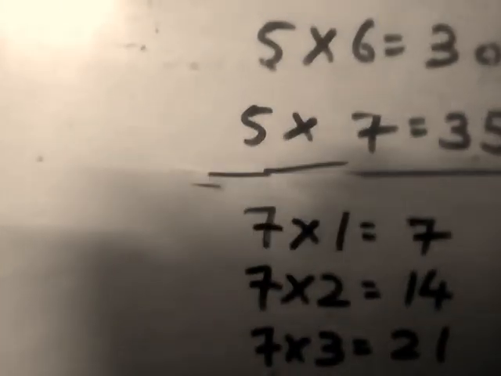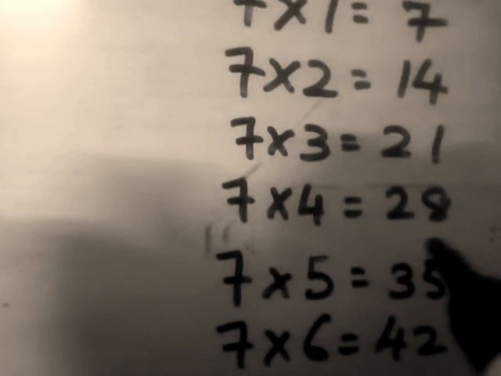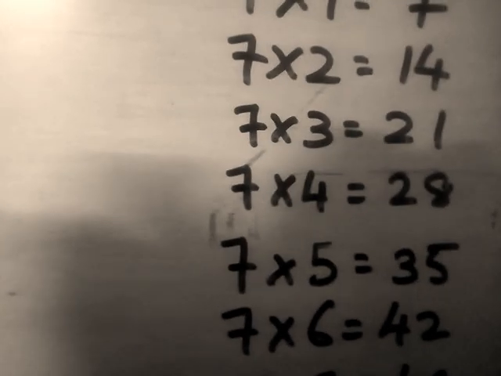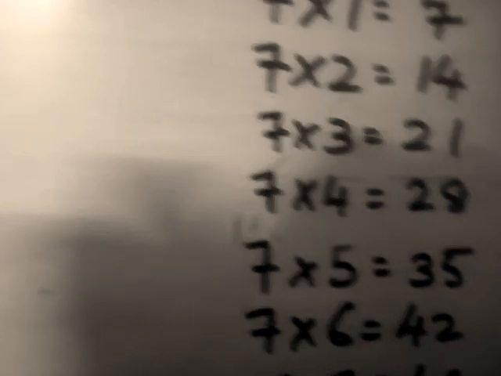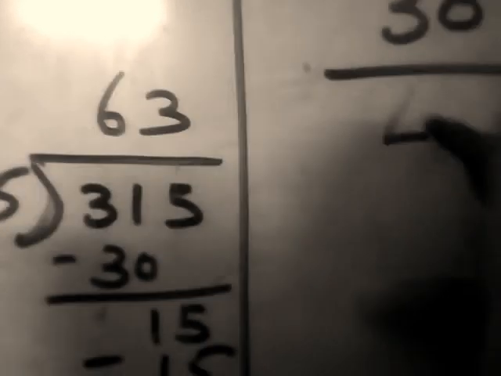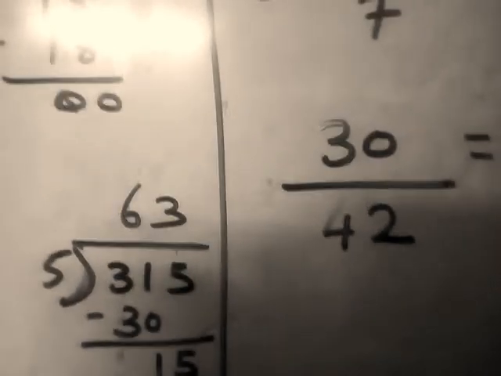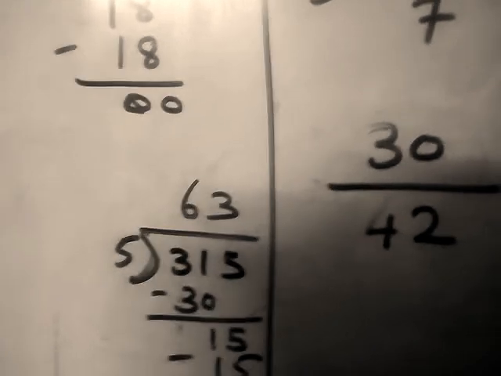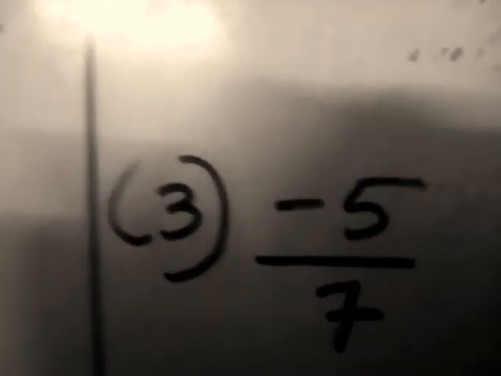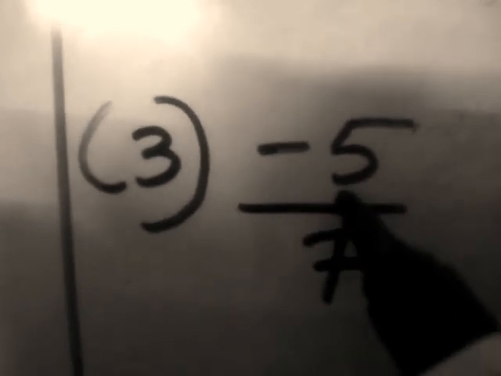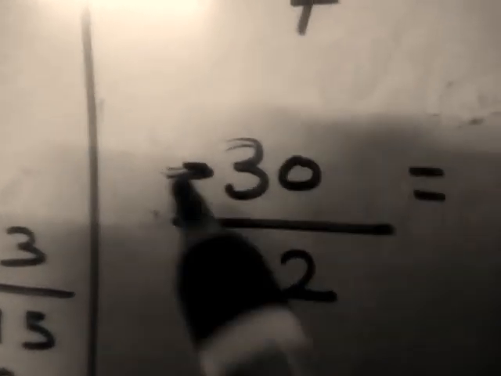If I have taken 5 sixes are, you have to take 7 sixes are, because in the 5 table I have taken sixes. So in the denominator, if 7 is there, 7 also you have to take sixes, because both the numerator and denominator should be multiplied by the same number. 7 sixes are how much? 42. So write here 42. You have to take the numerator with a negative sign, because in the third question the numerator is given with a negative sign, minus 5. So you have to take the numerator number with the negative sign and solve.